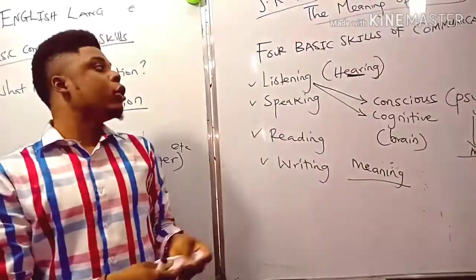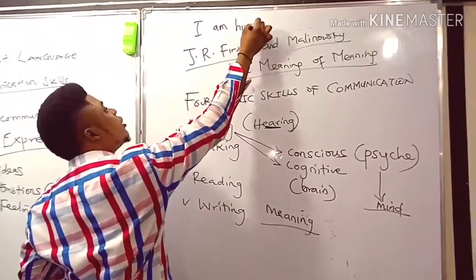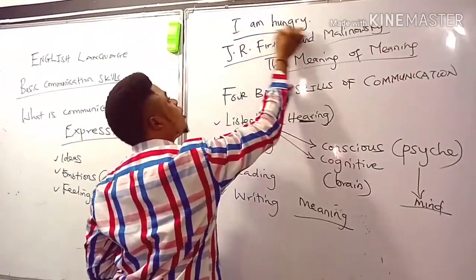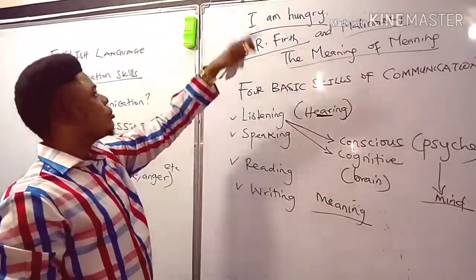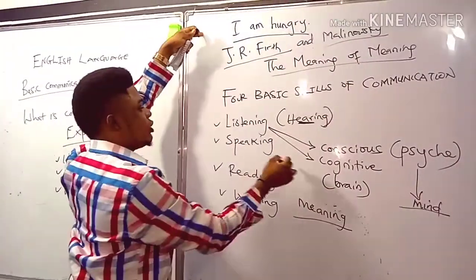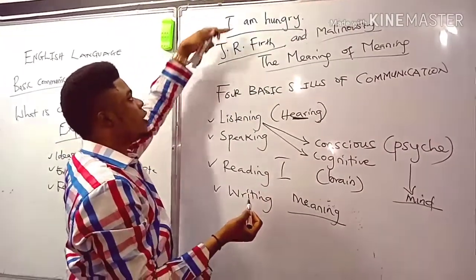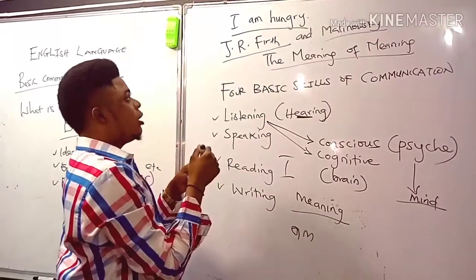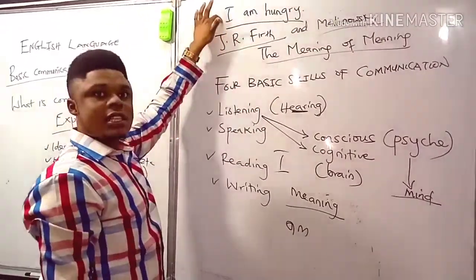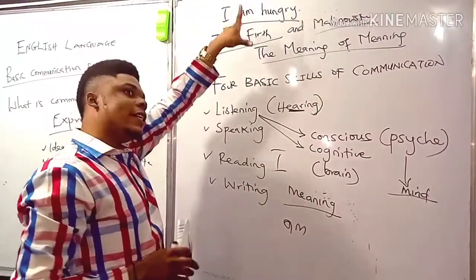Someone says, I am hungry. Stop. I am hungry. What are these? These are just symbols. This looks like a straight mark having two cups up and underneath. But somehow we tend to understand this because we have a knowledge of the language in question, which in this case is English.